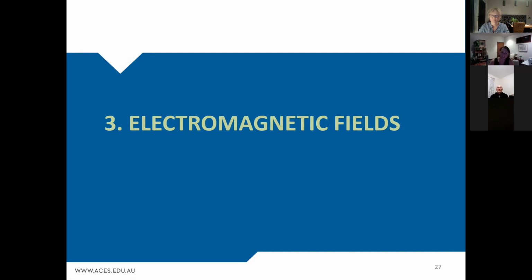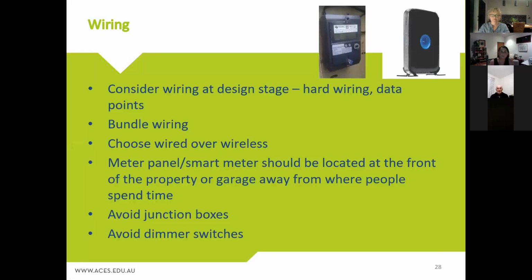So now we'll move on to electromagnetic fields. So the beauty of EMFs and design is that if you consider wiring at design, there's a whole heap of things that you can do. The moment those internal linings go on, it gets a lot harder, but you can hardwire, you can put data points, you can bundle your wiring because that will help cancel out fields. You can ensure that your smart meter or your meter panel is placed well away from where anybody is spending time. And you can make sure that you've got the NBN conduit area again away from where people are spending time,